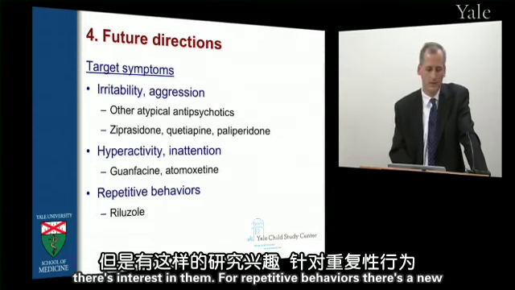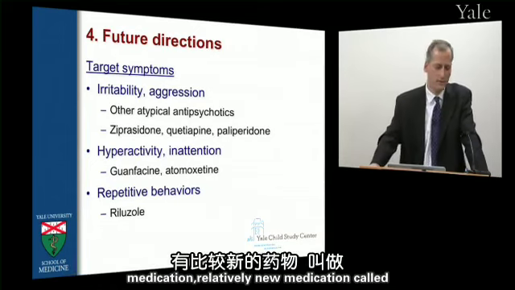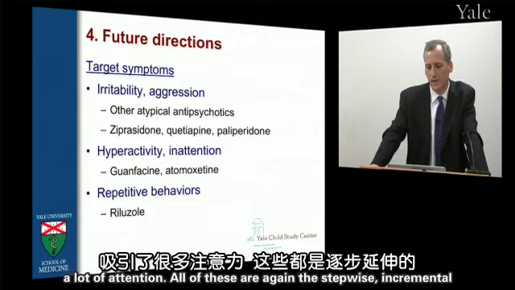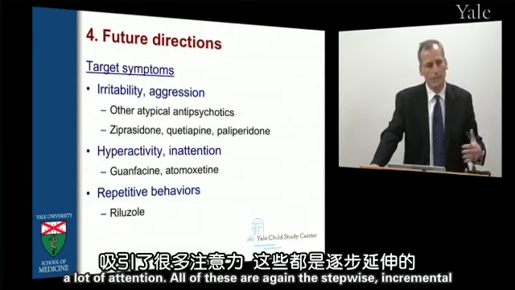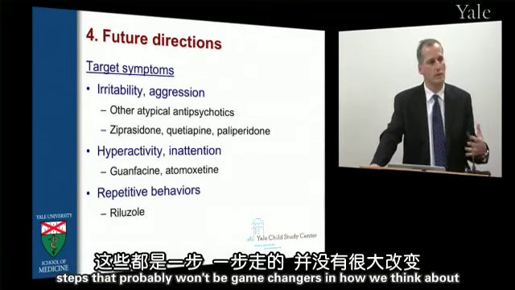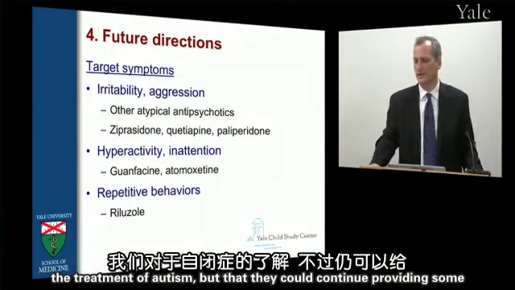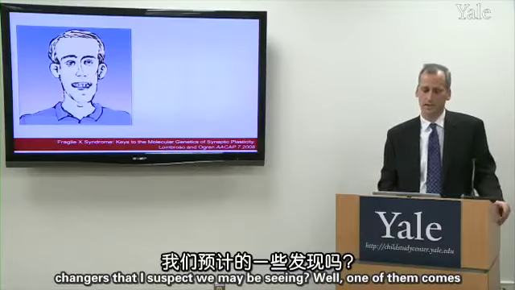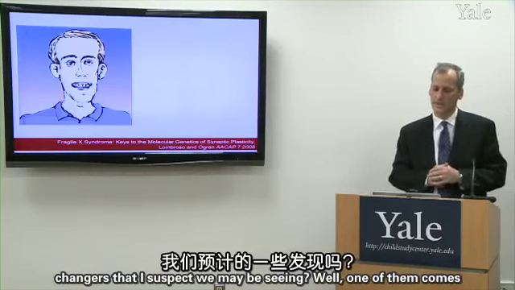And for repetitive behaviors, there's a relatively new medication called Riluzole that has garnered a lot of attention. All of these are, again, the stepwise incremental steps that probably won't be game changers in how we think about the treatment of autism, but that they could continue providing some relief to children and families. But what are some of those game changers that I suspect we may be seeing? Well,